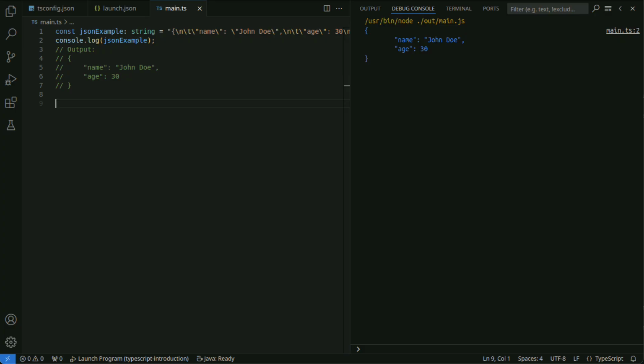TypeScript 4.0, 2020. Features such as variadic tuple types, editor improvements, enhanced type inference, and labeled tuple elements were added to improve the development experience. TypeScript 4.1, 2020.